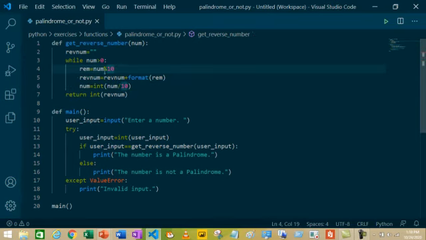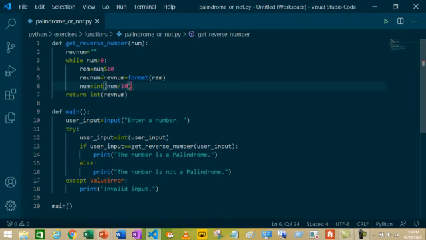Rem equals num mod 10. The remainder of num divided by 10, which is 4, will be stored in the rem variable, and the quotient will be stored in the num variable.